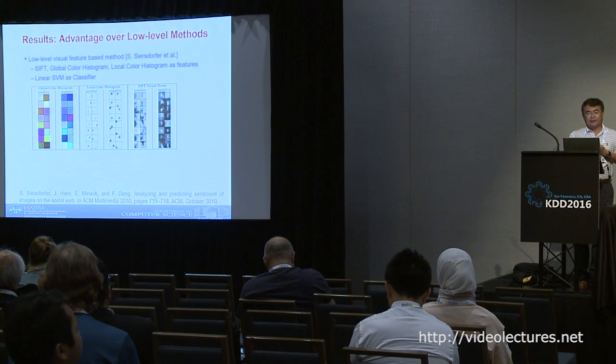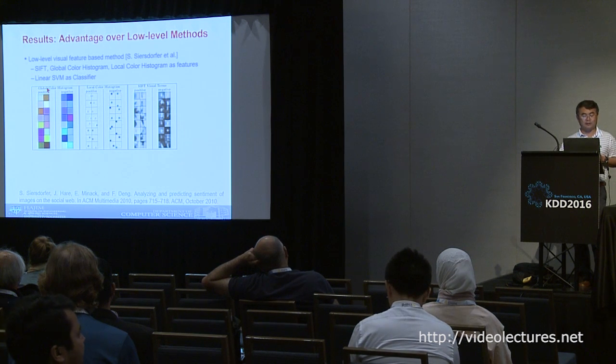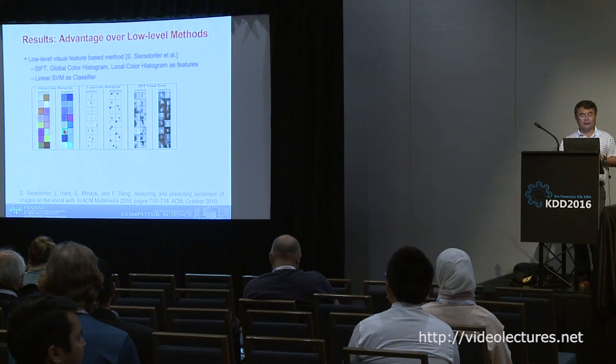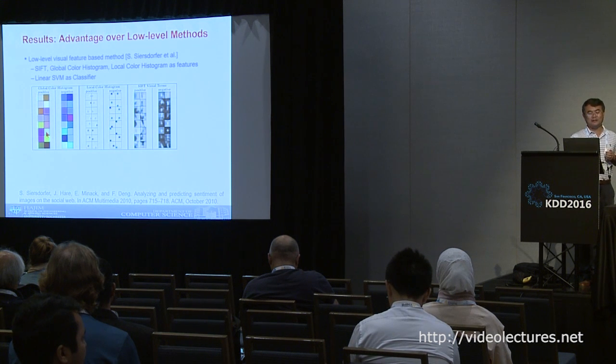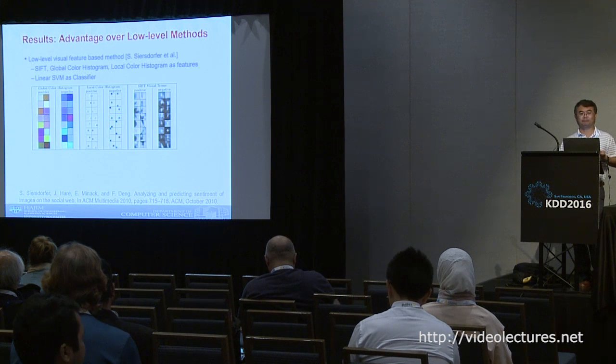So this is the result of what they came up with. Essentially, they found out all these colors are correlated with positive sentiment, and these are correlated with negative sentiment. If you take a step back and look at it, what it says is that warm colors give you positive sentiment. Cold colors give you negative sentiment, except this particular color, which you can probably imagine is the color of blood.